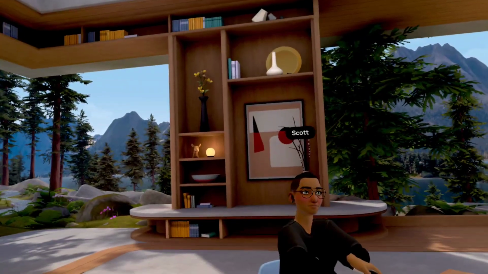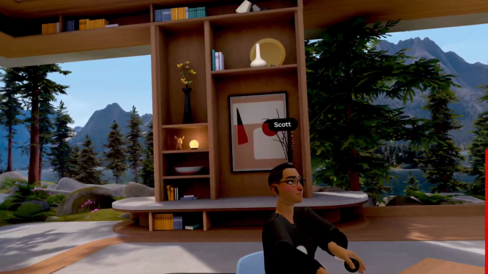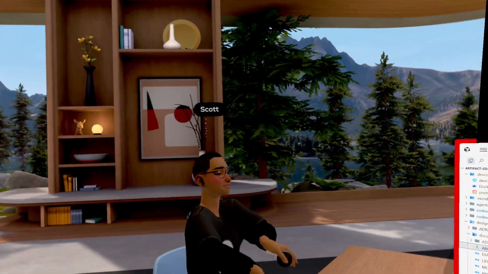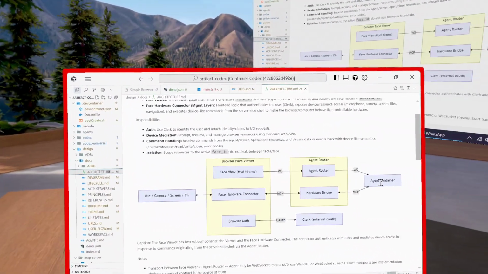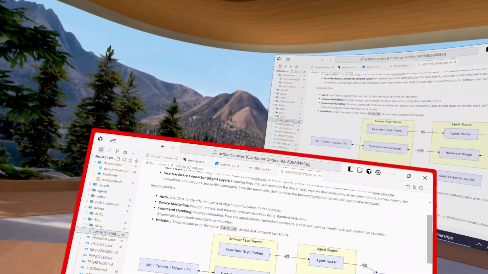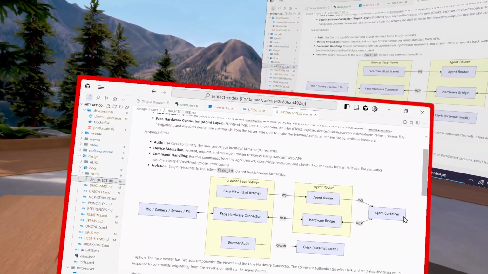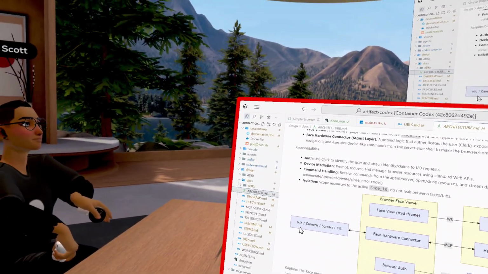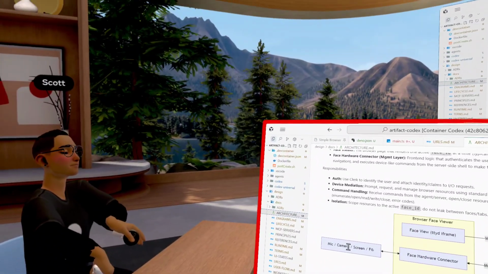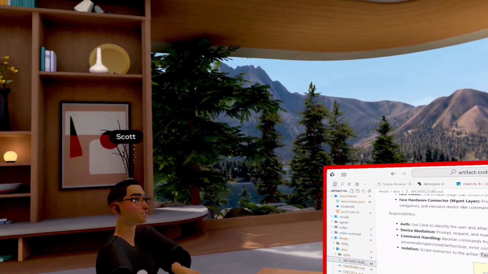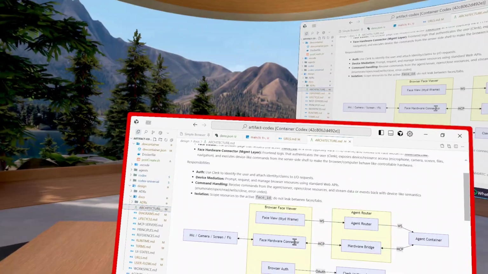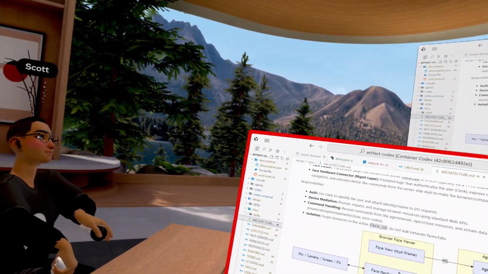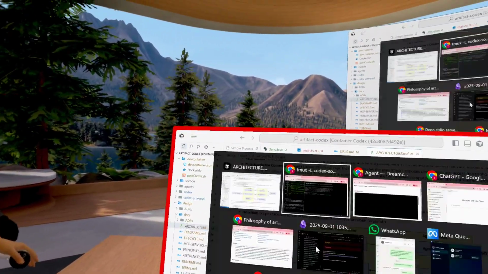The agent container to hardware bridge is an MCP, because it needs to come out of the agent and talk to your hardware. The face hardware connector is the one that actually deals with that.